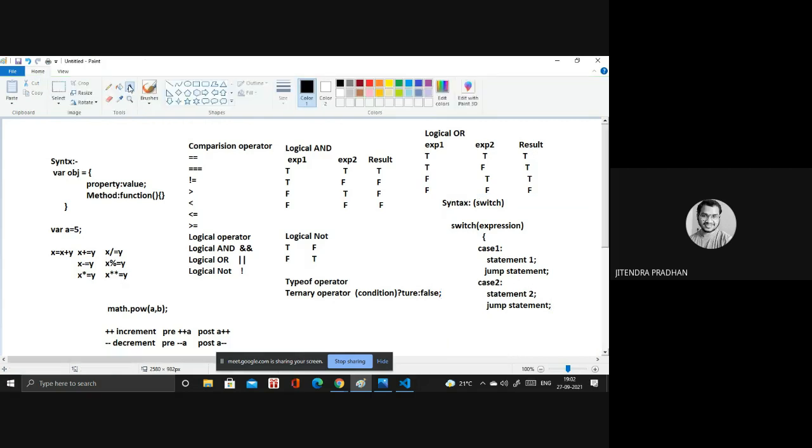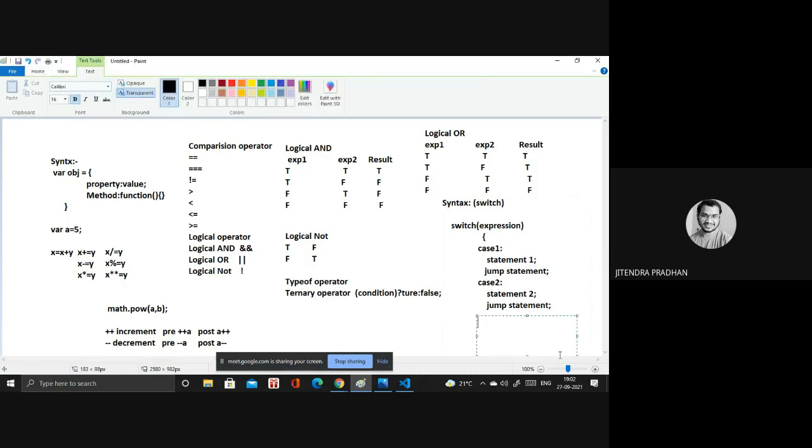At last, we have default. In the default, we have a statement to execute when all cases are mismatched.